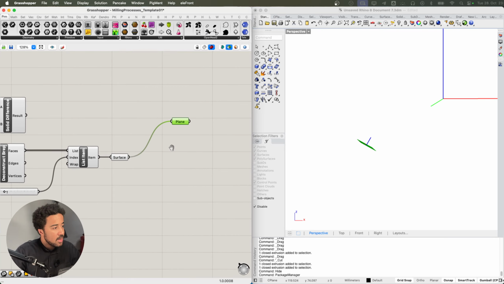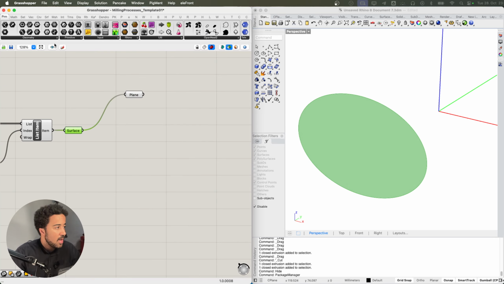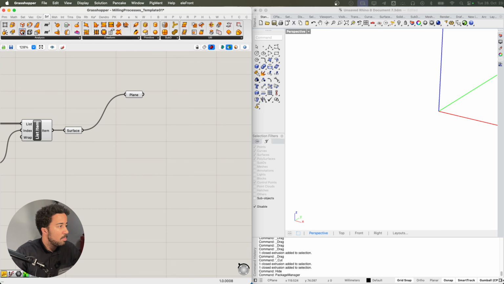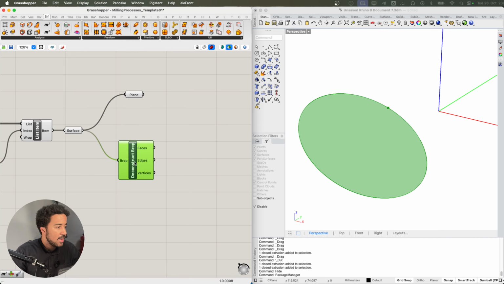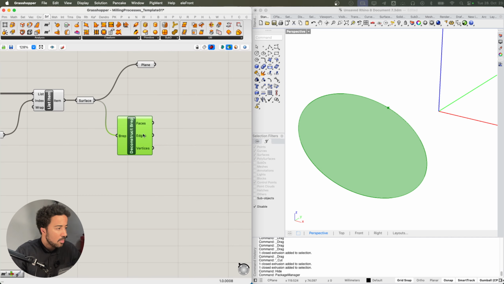So the next thing we need is the outline of this surface. And we could also just cast the surface to a curve and get the outline, but I will do a bit more complex way of getting the correct edges.